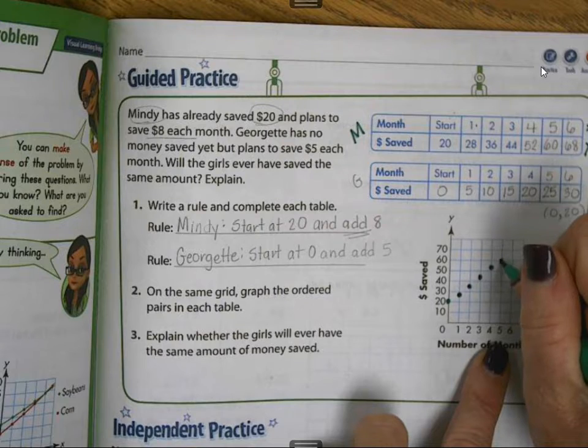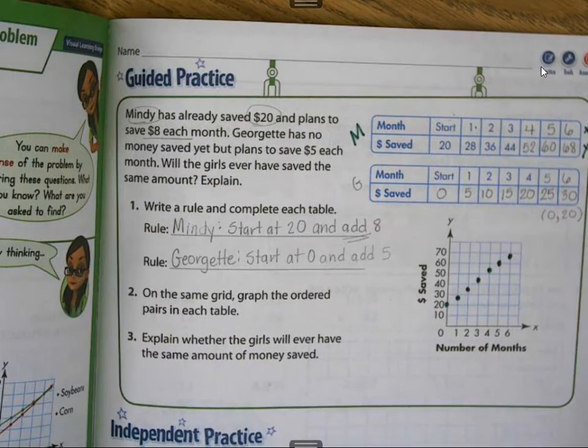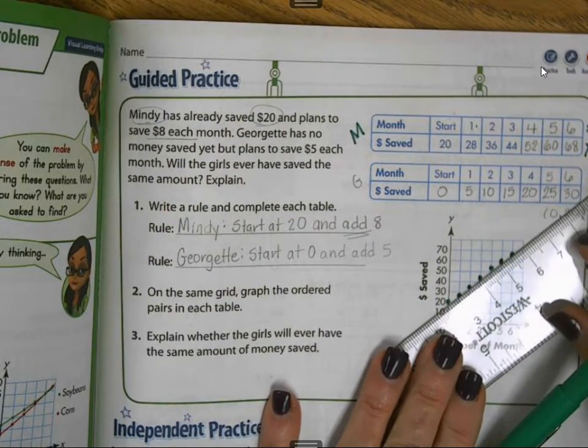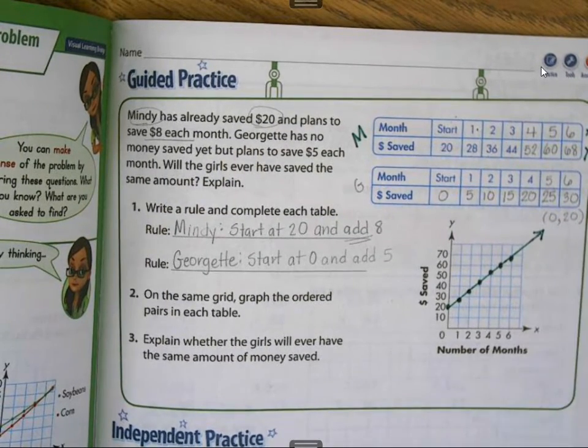That one's right on the intersection of those two lines. And the sixth month, $68, just a smidgen below. All right, so if we connect her points with a straight edge, I did pretty good. We can see her pattern is moving in this direction. All right, let's work with